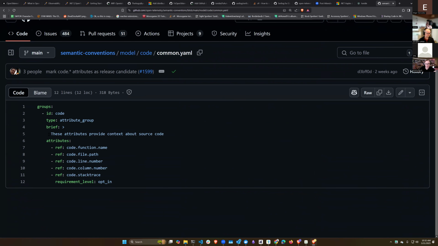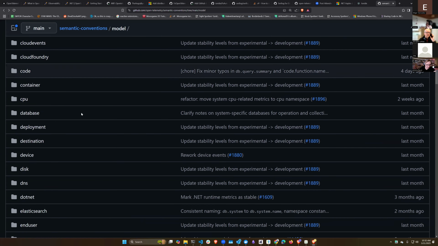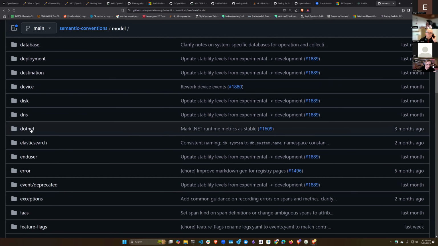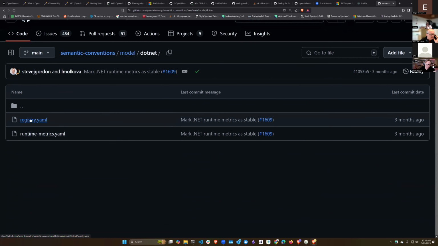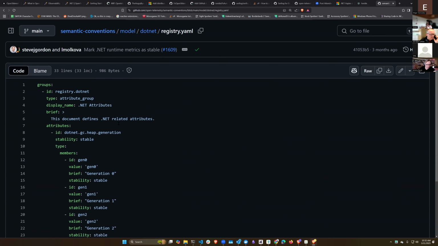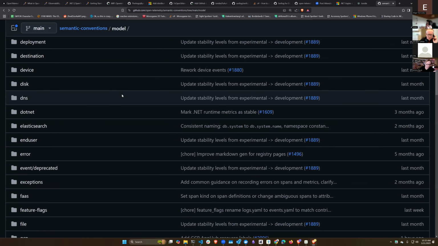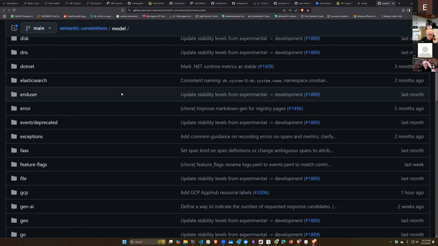You can see that come to their common YAML. You can see what these are. So they have function name, file path, line number, column number, potentially, and stack trace. A lot of these things are optional, but you can also come in and see a bunch of different information. So if you want to get specific things about .NET, here's a lot of key value pairs that are in the .NET. So you can see like heap generation or things like that. These you probably don't care too much about, but if you're implementing some specifics,